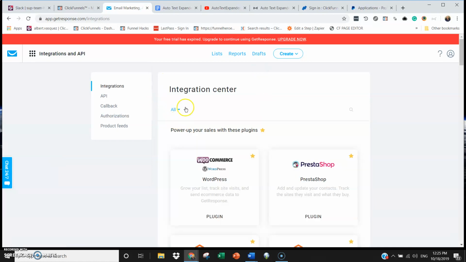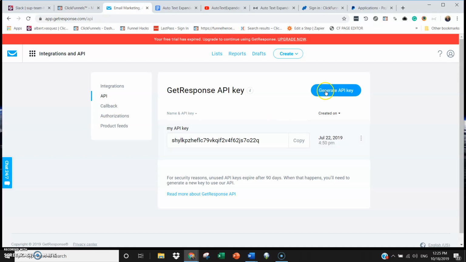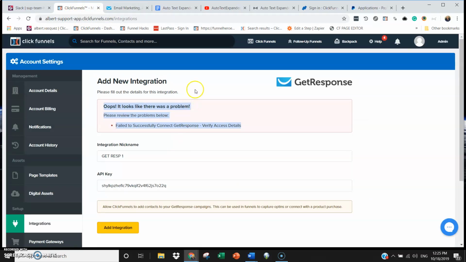It's going to take you to this page here, and then go ahead and just click API. And then you're going to want to come up here to generate a new API key. Okay, so go ahead and generate a new API key. It'll take a moment. And then go ahead and grab that new API key. Okay, and then go ahead and head back over to your